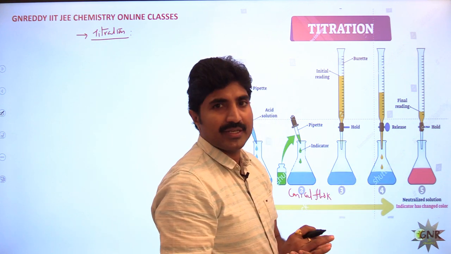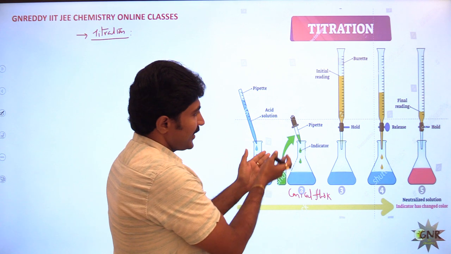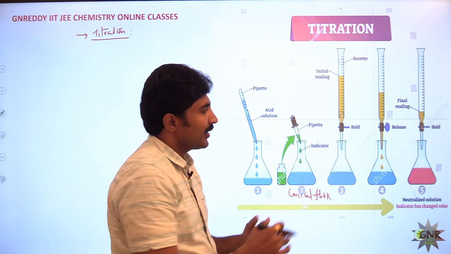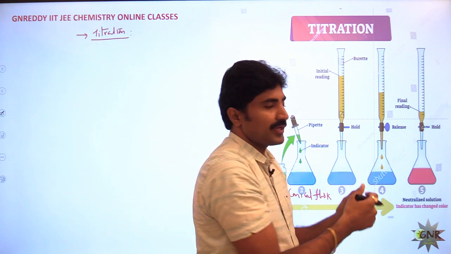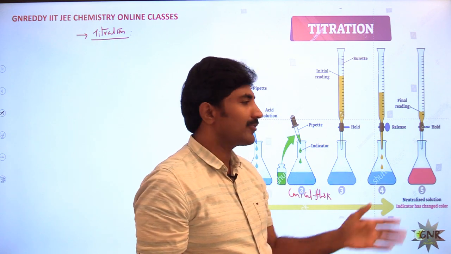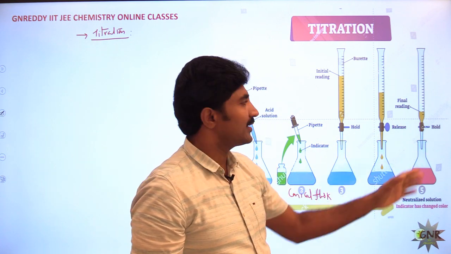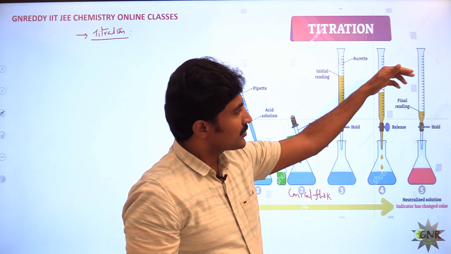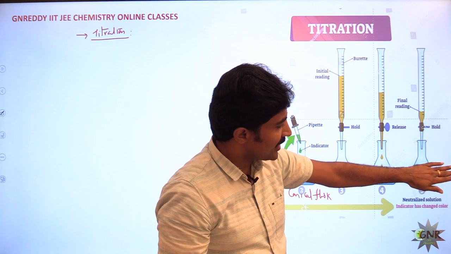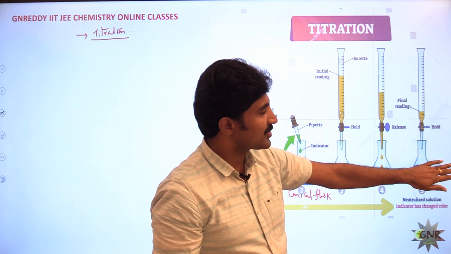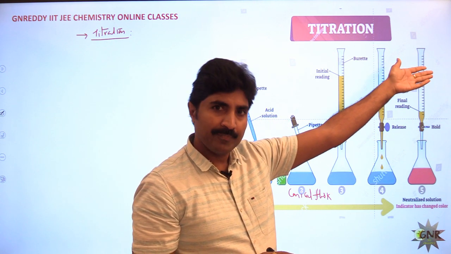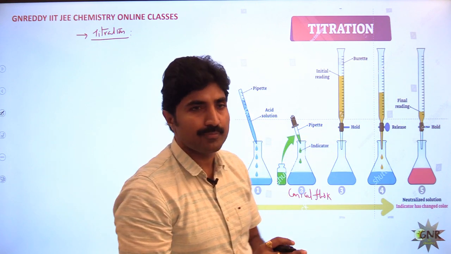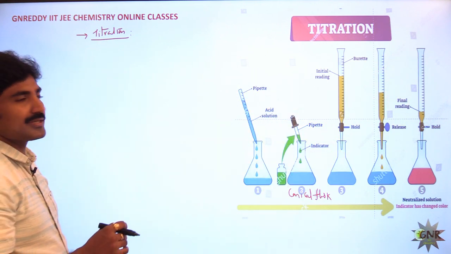Till the completion of the reaction means after adding indicator to the conical flask solution, first you are getting one color, and then by adding burette reagent slowly somewhere that color change takes place, then that will be taken as the end point of the titration. So that means whatever equivalents are present in this conical flask, those are exactly consumed by some equivalents of base which is coming from the burette. That process is nothing but titration.